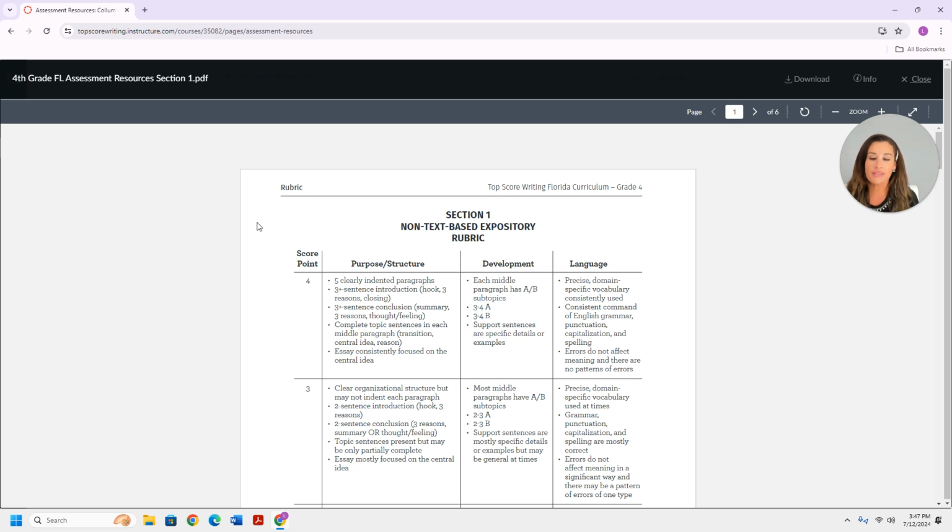Now, if there is not a state-released rubric, we've made one for you. As an example, in Florida, in 4th grade, the state has released the best writing rubrics. You're not going to see rubrics in your assessment resources because we want you to use the state one. However, in Section 1, which is non-text-based expository, the state does not have a rubric for that, so we created